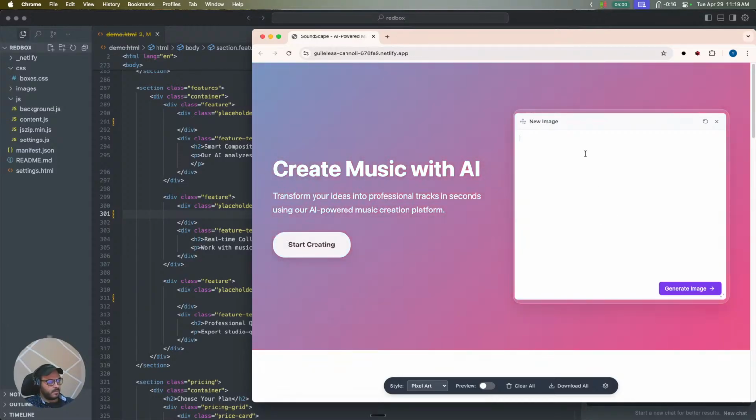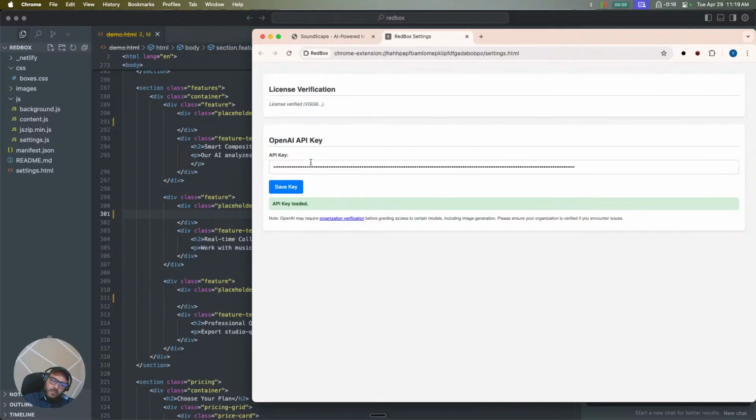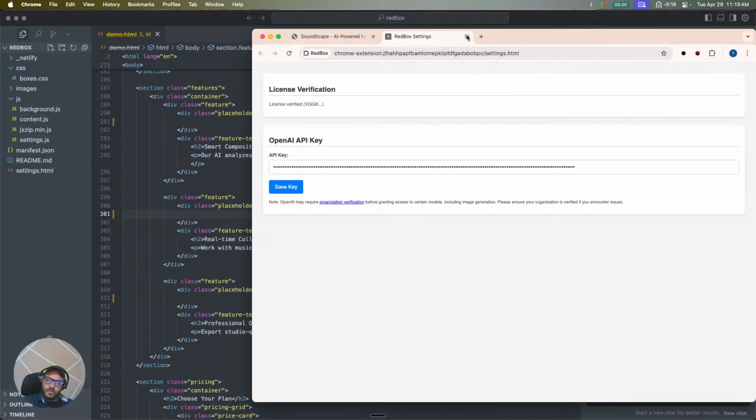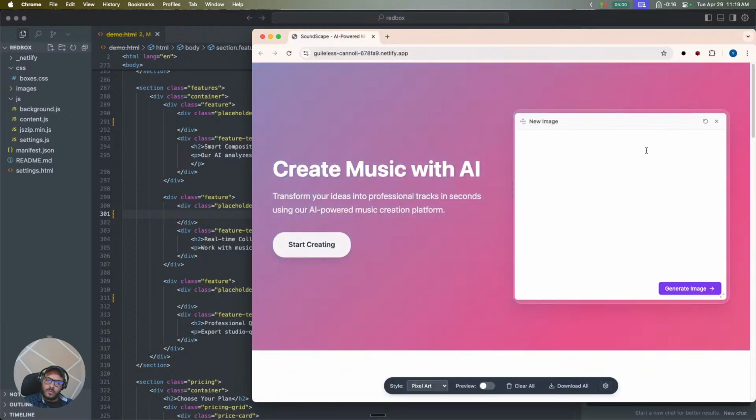So you just open up the extension from the toolbar. If it's your first time, you just paste your OpenAI API key so we can generate images using GPT-4o. You just have to do this once. Then you can,